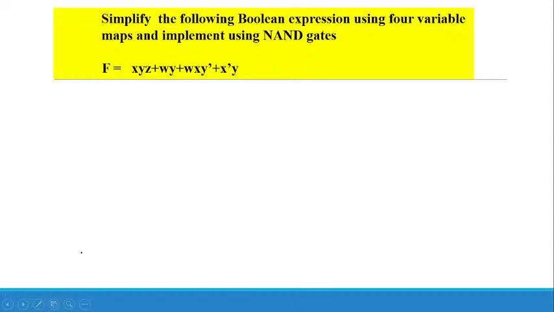So next problem is this. Similarly, you have to simplify and also implement using NAND gates. If you simplify this expression, I want you to try. You will get the answer. Already I tried this, so you will get the answer to be